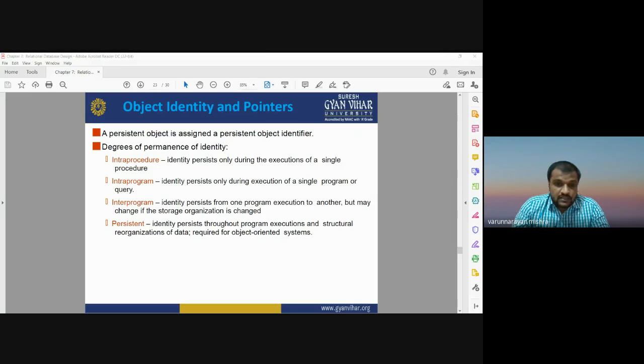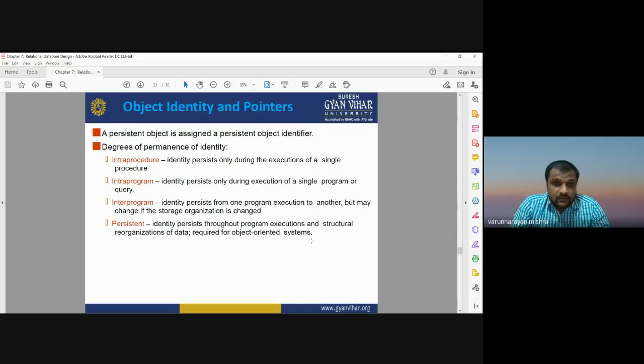The last one is persistent, which is the identity that persists throughout the program execution and the structural organization of the data.